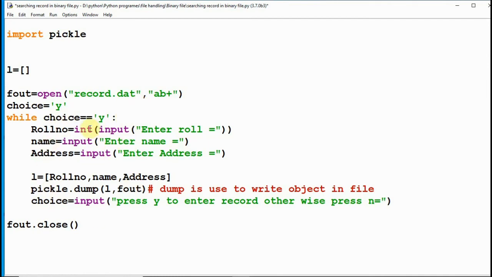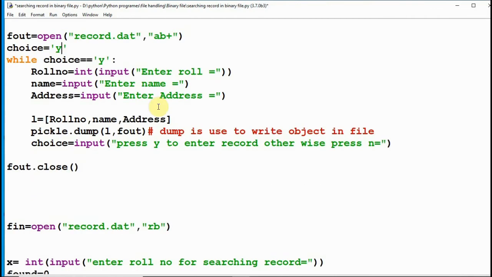We will ask the user to enter roll number, name, address, and we will place these values into a list. And finally, using pickle.dump, we will write this list object in our file. This is the code which is used to write data in our file.